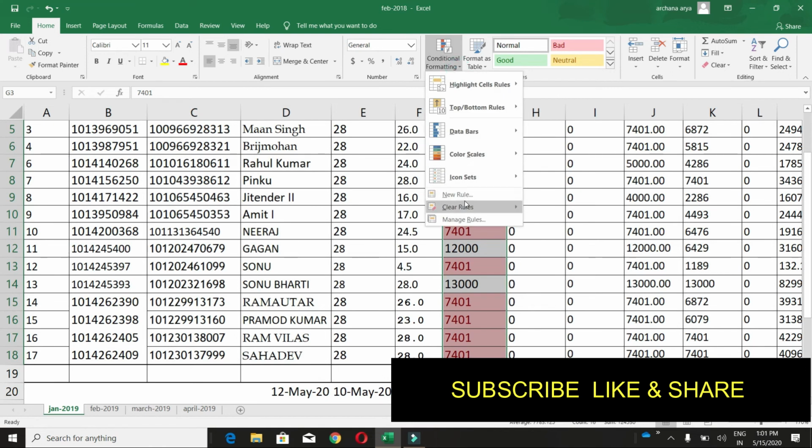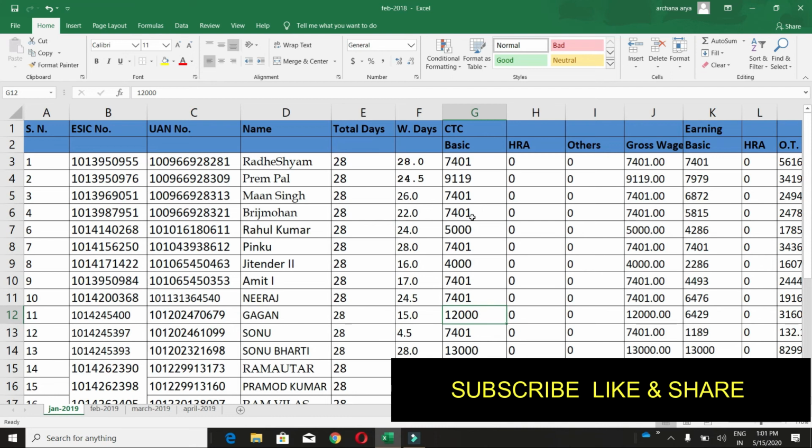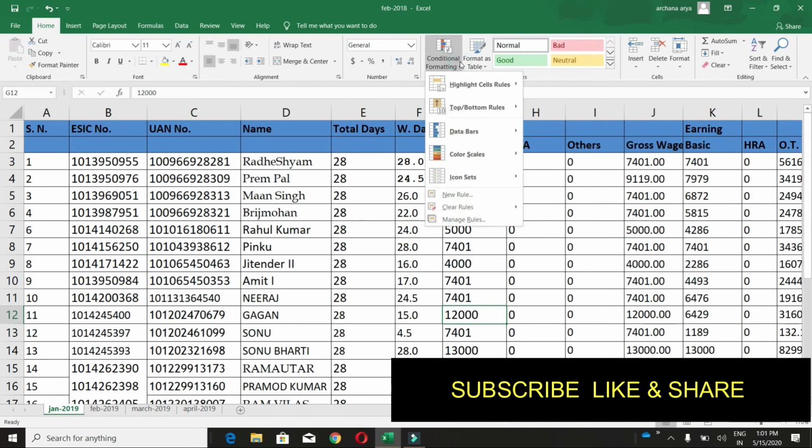First, I'm clearing all rules here. Let's see what the third option is. It is data bar. So guys, data bar has gradient fill and solid fill. We have two options here, gradient fill and solid fill. Fine.